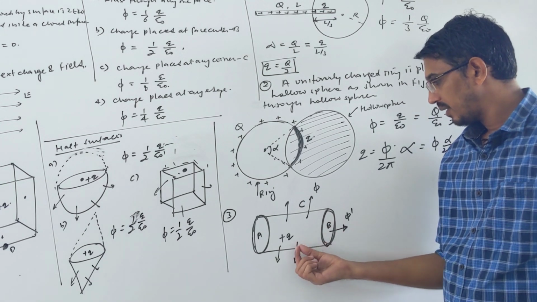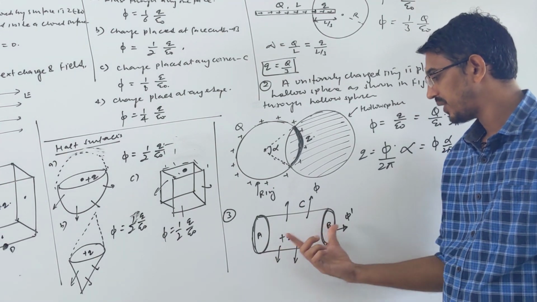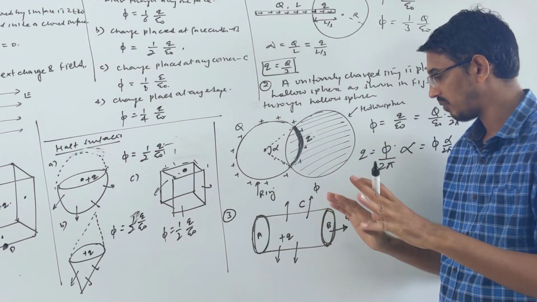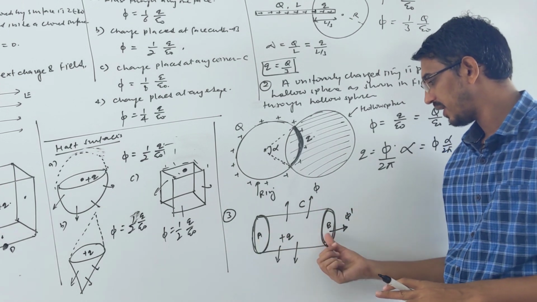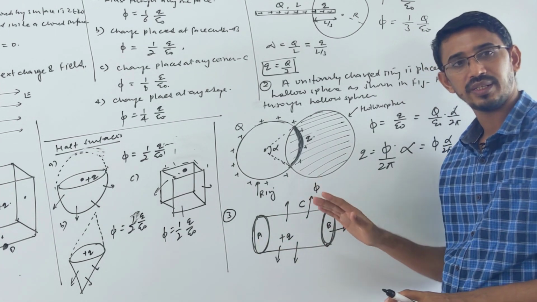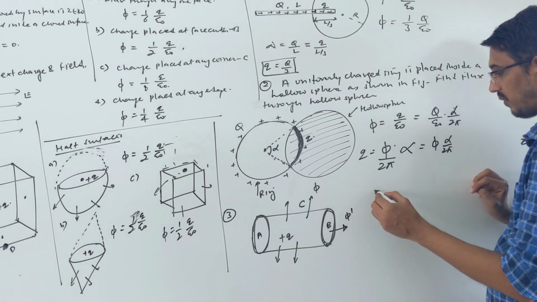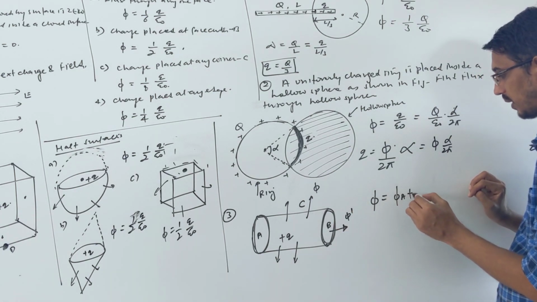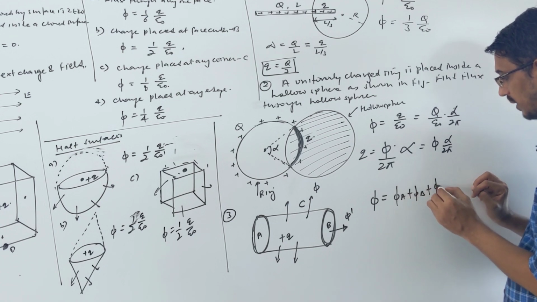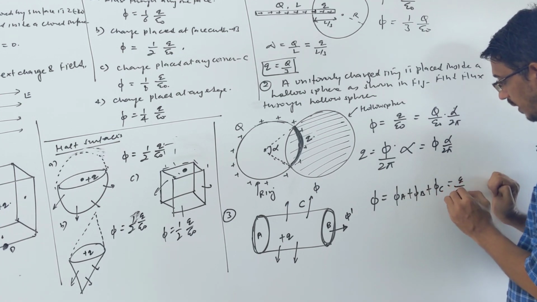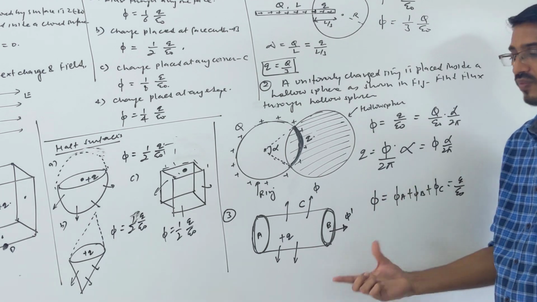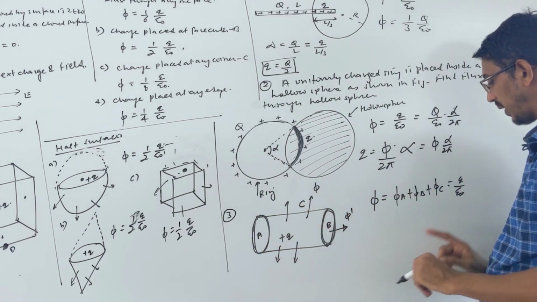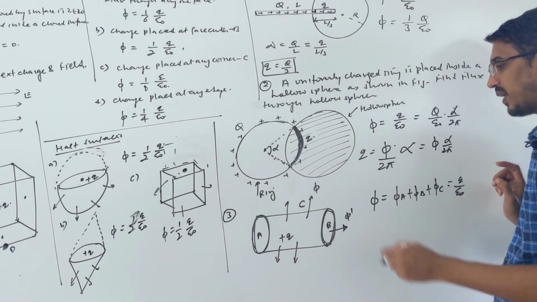So you see that this charge is placed inside the cylinder, so we have three surfaces closing this body: this area, that area, and the curved area. So when you write the flux formula, flux through surface A, plus flux through surface B, plus flux through surface C, the net flux through all 3 surfaces should be equal to Q upon epsilon naught.